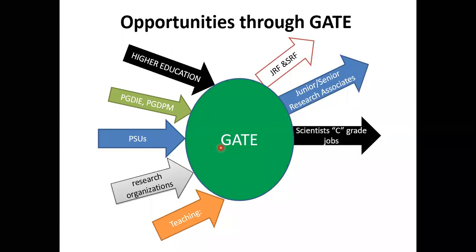And the next one is, based upon GATE score, we have some scientist jobs like in DRDO and some of the nationwide institutions. And the next one is multinational firms. See, not only government sectors, most of the private sector also is considering GATE score for shortlisting the candidates. Means if everybody is taking the GATE score as a reference, then automatically the task is going to be simplified for them.